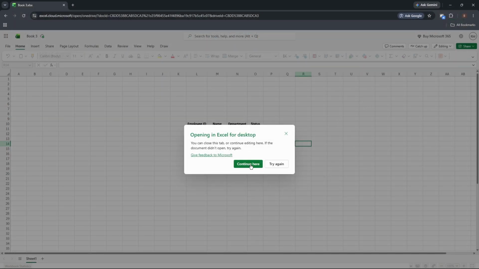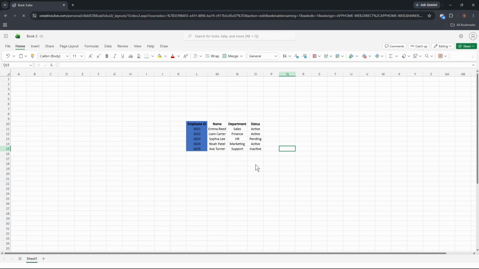So for that, we just need to click on this option continue here. The page will refresh and just after a few seconds you'll notice that the changes are also applied on the online file, and it is that easy to open an online Excel file in